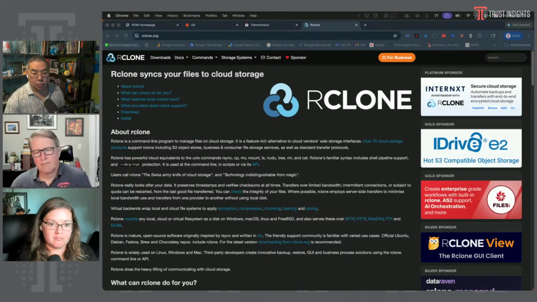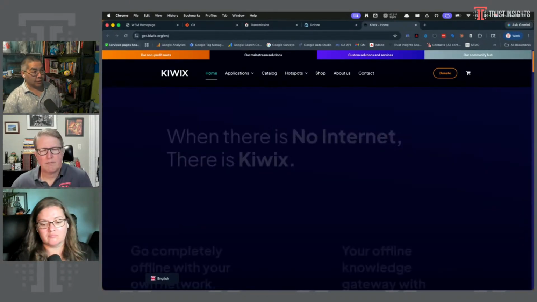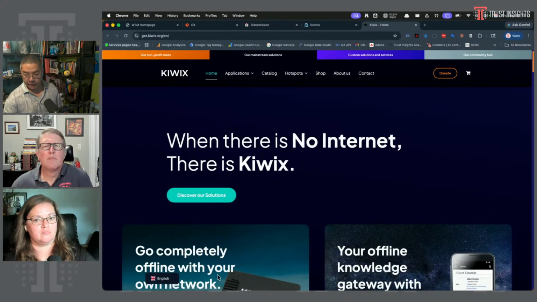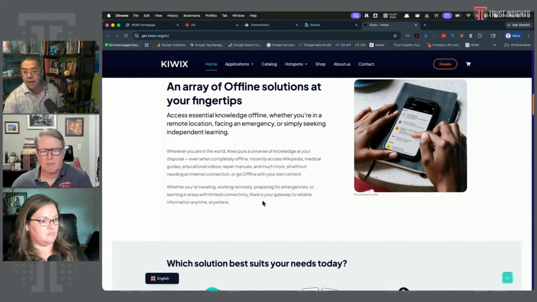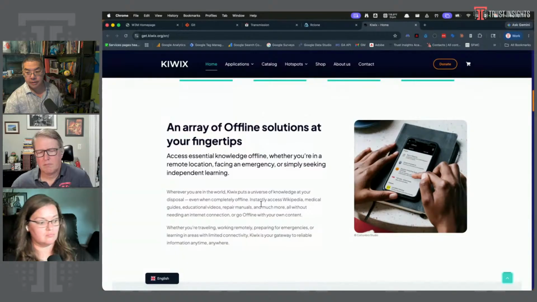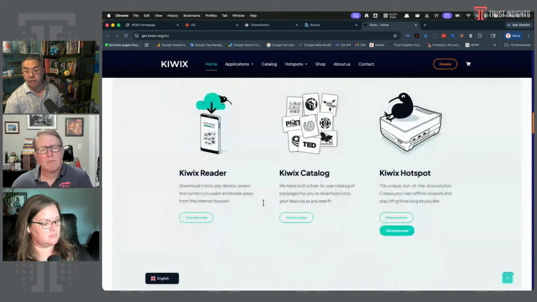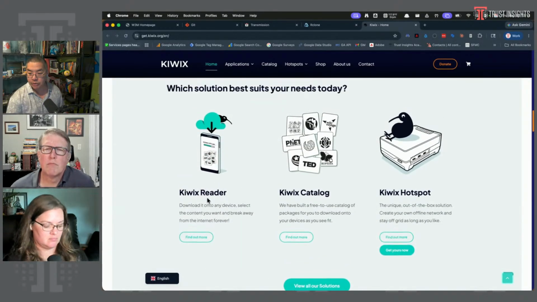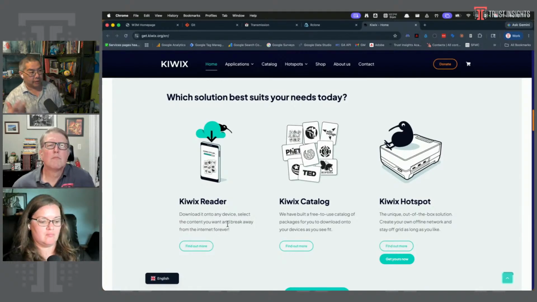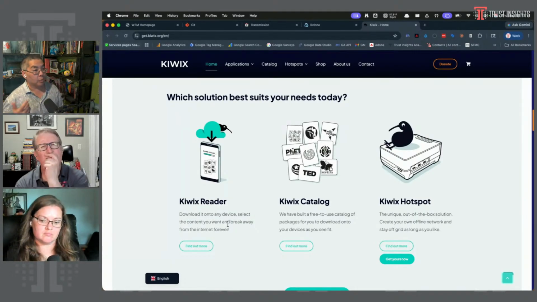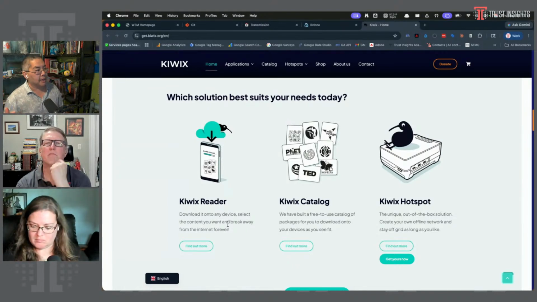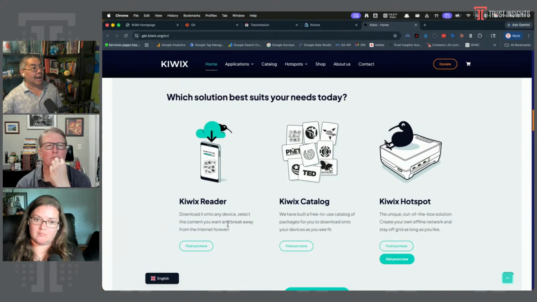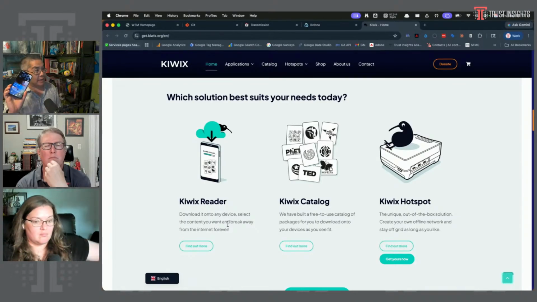Next up is one of my favorites for travel. This is an app called Kiwix. Kiwix is a free open source set of applications that allow you to download big archives of data. Kiwix Reader is probably the best one to use, and it will download a 2 gigabyte file on your laptop or your phone or what have you. Then you can use that, like all of Wikipedia, inside of an app. You can get a 9 gigabyte version of Wikipedia, which will easily fit in a modern phone.